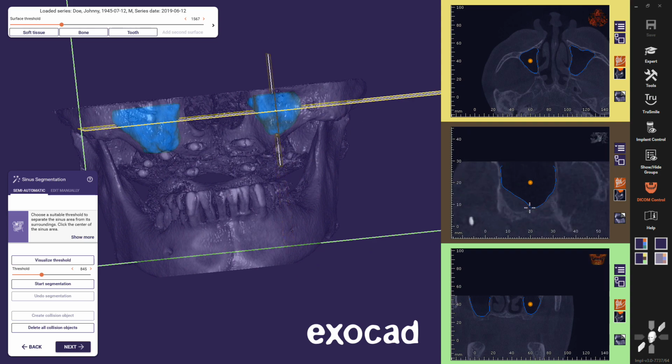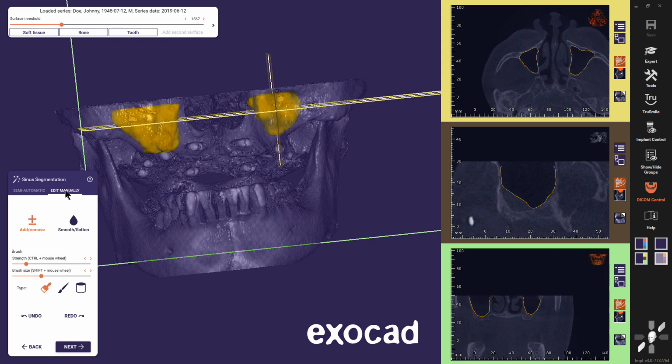If the segmentation does not detect the complete sinus cavity, you can edit the created collision object using the freeforming tools under the second tab. You can freeform the mesh both in the 3D view and in the secondary views. Hold Tab pressed when you want to remove material or flatten material.